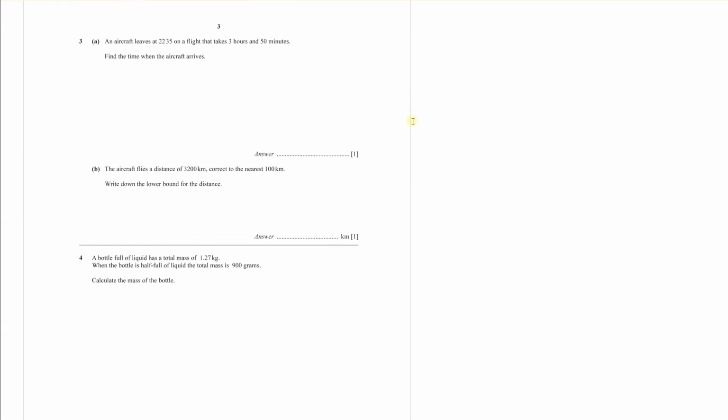Moving to question number 3. An aircraft leaves at 22:35 on a flight that takes 3 hours and 50 minutes. Find the time when the aircraft arrives. So your arrival time would be equal to the departure time plus the flight duration. So departure time is 22:35 and your flight duration